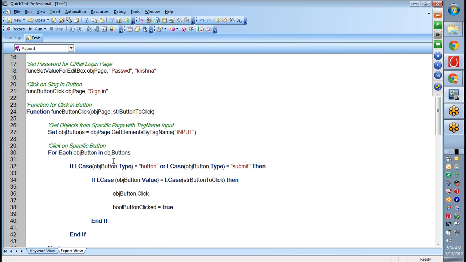From that document you are getting every element which has a tag name of type input. Those objects you are storing in buttons. All buttons and edit boxes you are getting with input. Then whichever type is button,